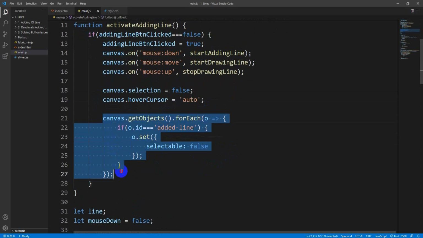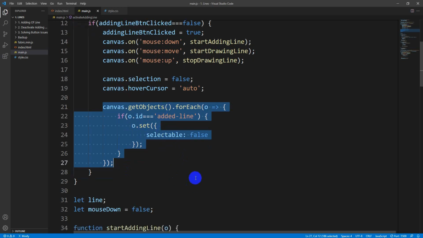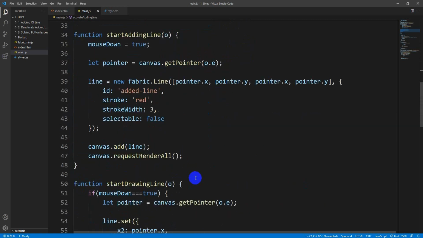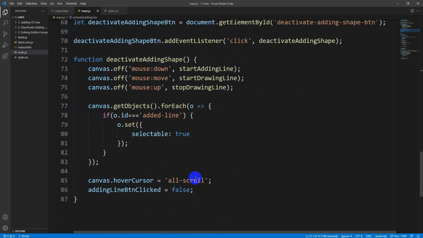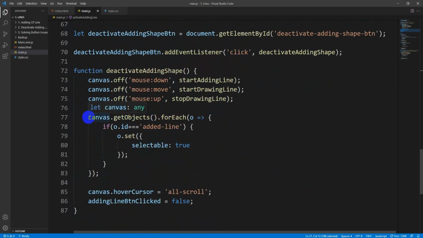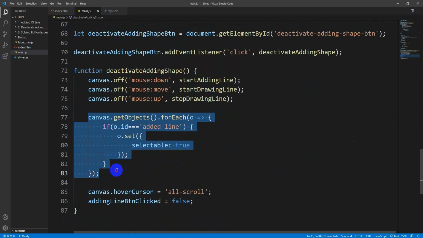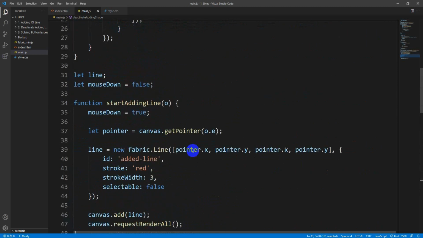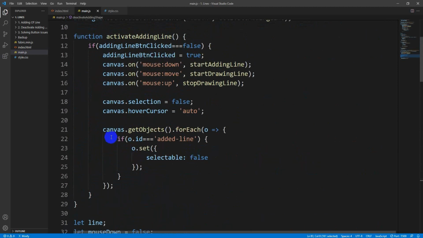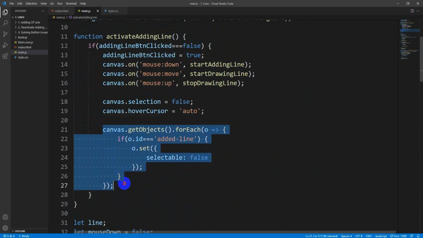These lines of code that I have highlighted are actually quite similar to the ones that are in the deactivate button function. The only difference is this true over here. This selectable is true when I press the deactivate button. And for the add line button, when I press it, the selectable is false. So that is the only difference.